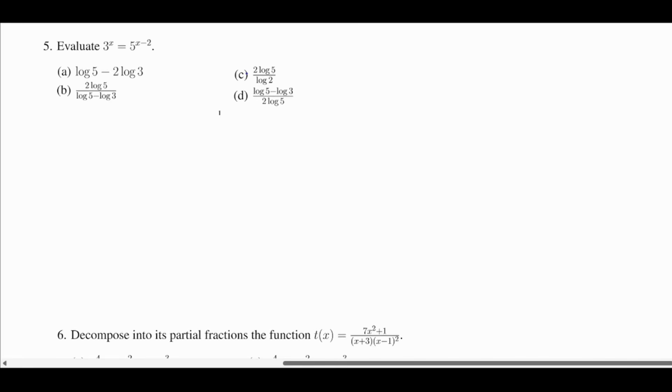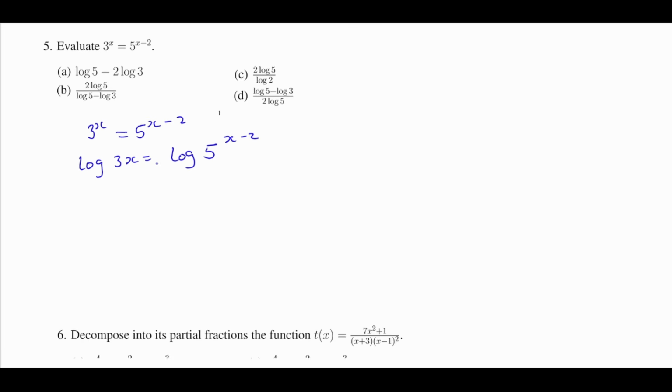Question 5 says that we should find or evaluate the function. So if you want to evaluate, you are finding the value of x. So what do we do? What we do is that we solve what we have. That is 3^x equal to 5^(x minus 2). How do we solve for x? We can drop the x. How? We use the log function. So log 3^x to be equal to log